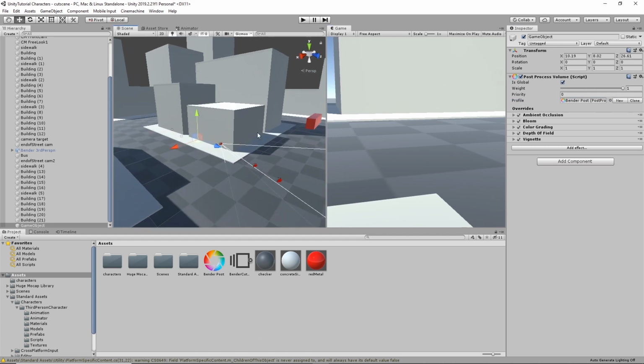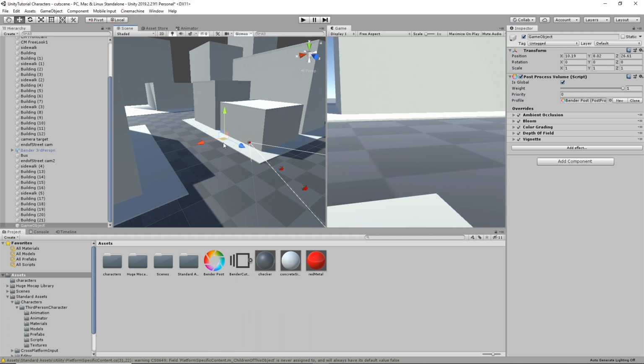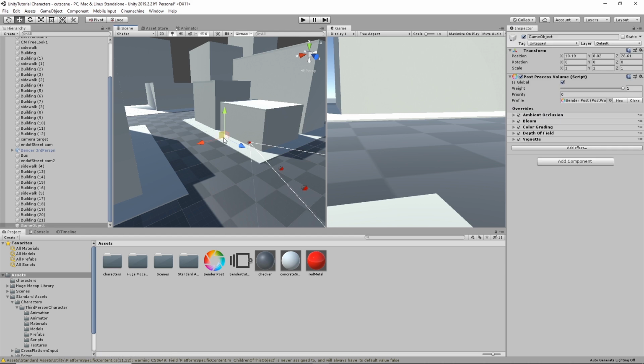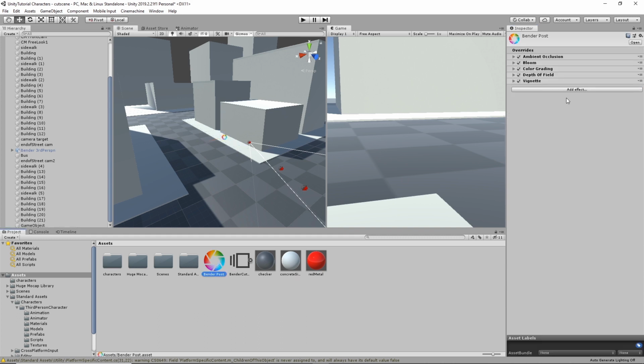nothing happens because I need to tell it which layer I want that to add to, what layers I want to render as a post effect. So I need to add a new layer. So in this layer 8 right here, I'm just going to call it post processing and tell it which layer I want to render. So that'll be that. I can put my object itself, give it its layer. Right now it's in default. I want to put it in post processing. And then in my post processing,